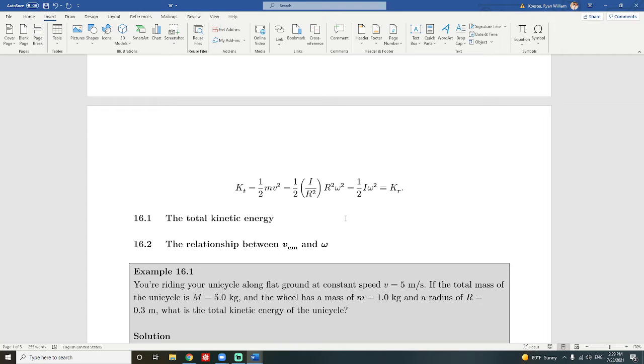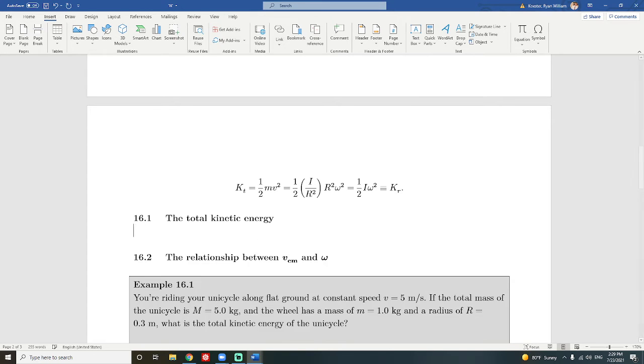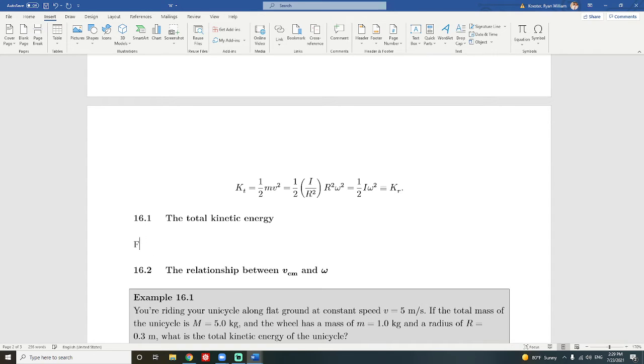We'll see some examples of that as we move through this topic. But anyway, the idea is that for an object that is spinning about its own axis and translating through space,